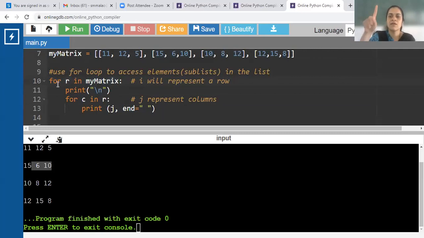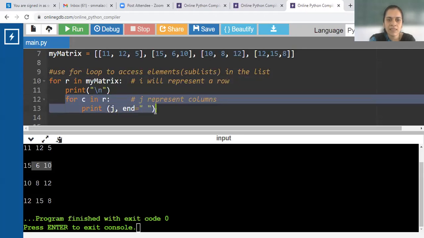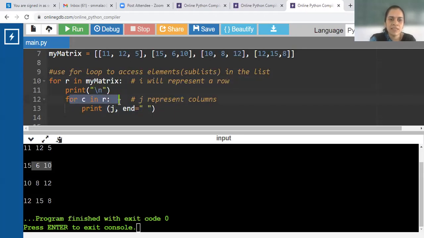So this is a 2-dimensional matrix, or a list with sublists. The outer for loop will represent the sublists present in the list, which means it will represent all the rows, and we are using an inner for loop which will execute for the number of columns, meaning the number of elements present in each sublist, and this statement will access all the individual elements.